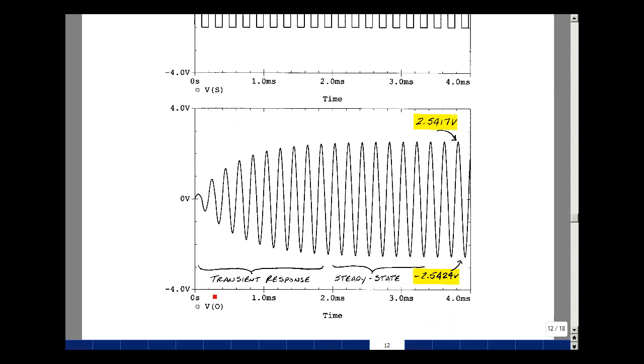Here's the output of our circuit. It starts out like this, and eventually starts to repeat itself. And we're seeing it's going between roughly 2.54 and minus 2.54. If you look back on pages 1 and 2, we showed that a square wave could be written as a